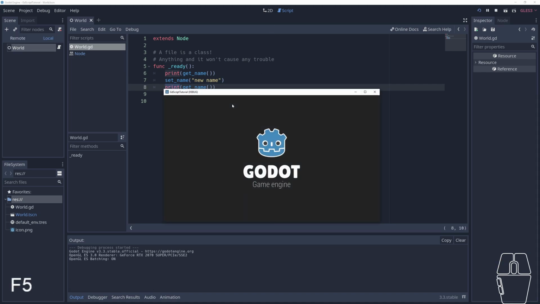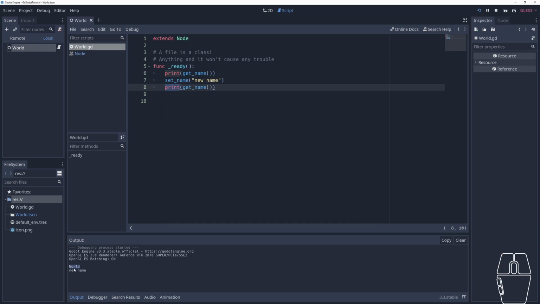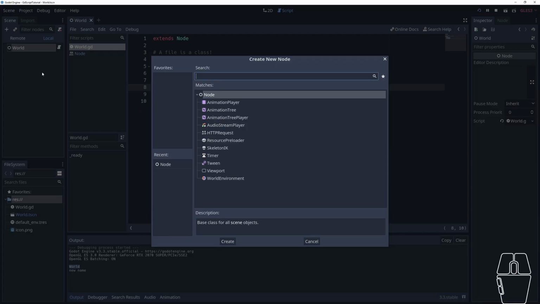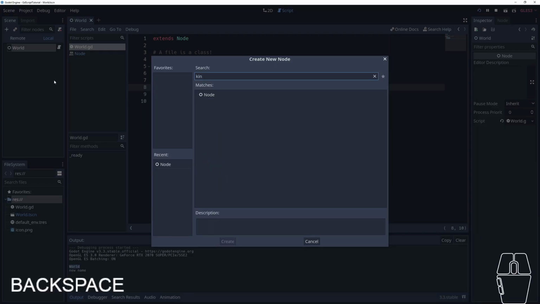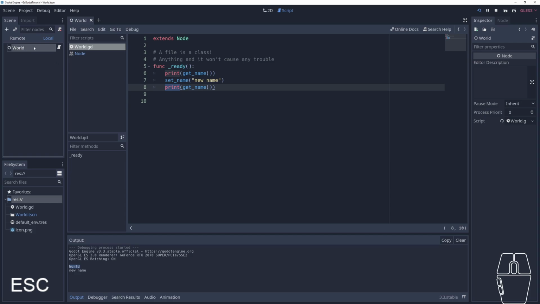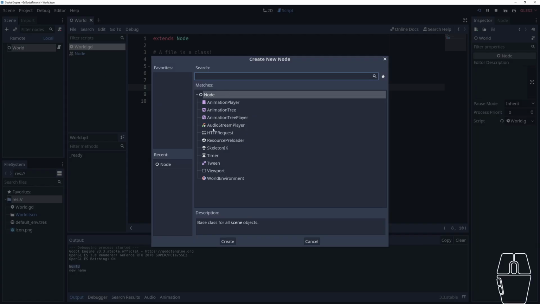So if I press F5 to run it, this is the old name of the node, right? World, because this basically is assigned to the node world. Like this is basically the name of this thing, right? So if I were to create a new child, like say another thing, let me create a child node,